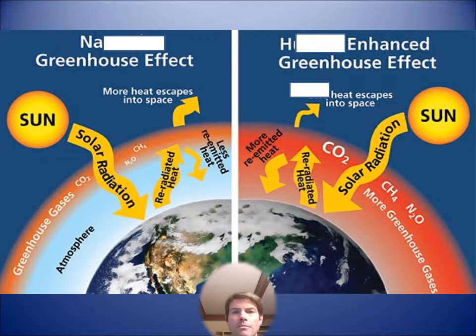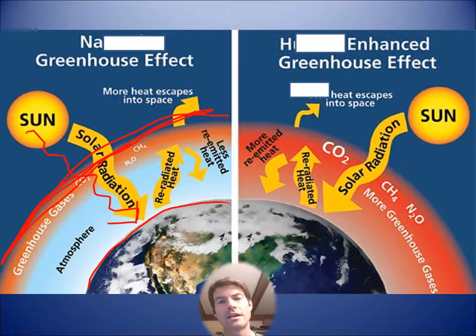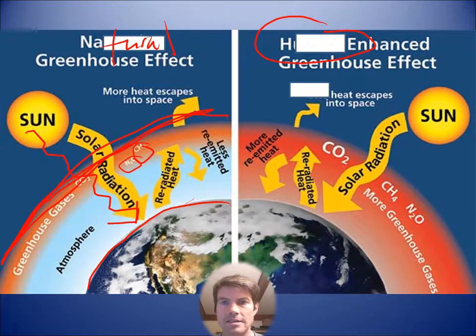So, like we said before, greenhouse, natural, nothing wrong with the greenhouse. We like the greenhouse. Sun comes in as short waves, gets re-radiated. The water and the methane help to block some of that heat and keep it in our atmosphere, and that keeps us nice and toasty. This, you might guess, is the enhanced greenhouse effect. You see more heat right here, and that's what's really disrupting our global balance.